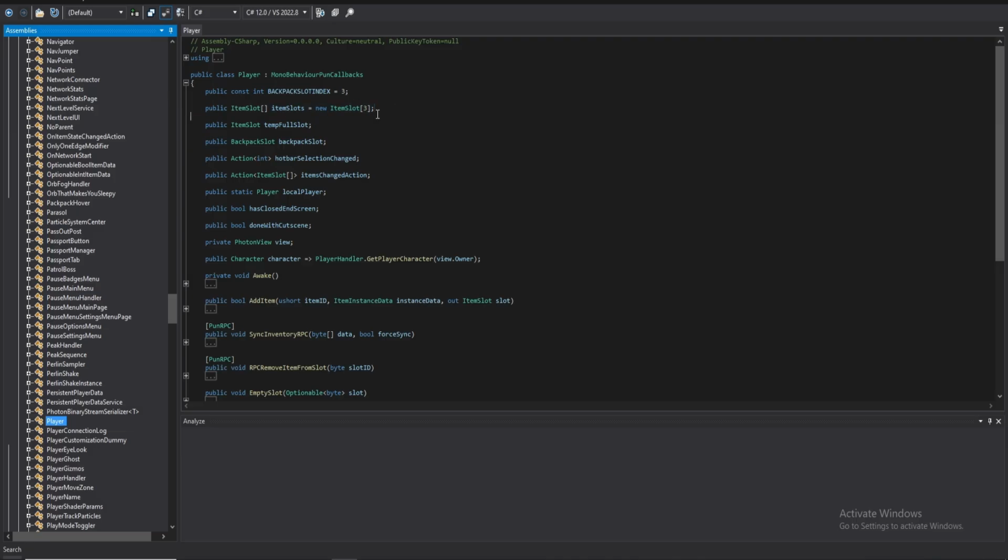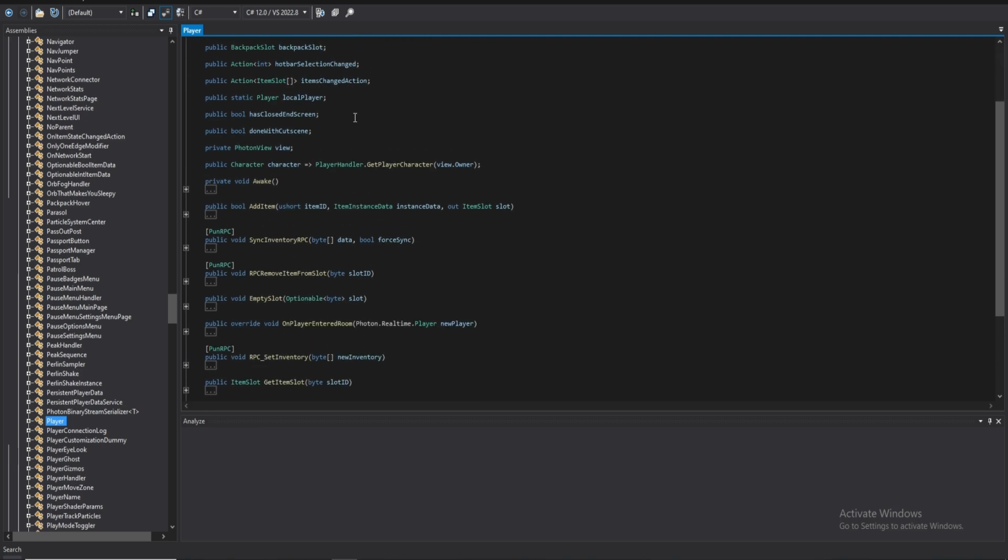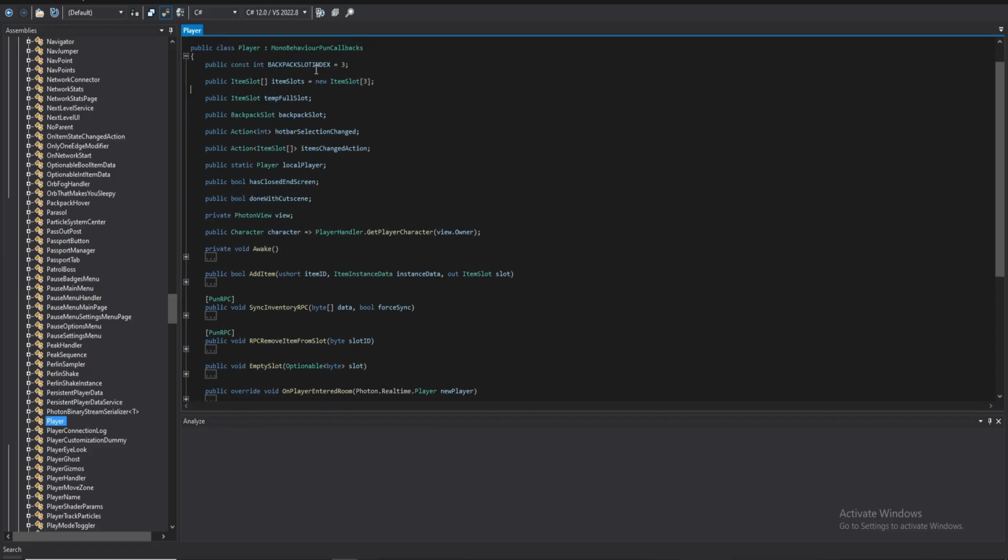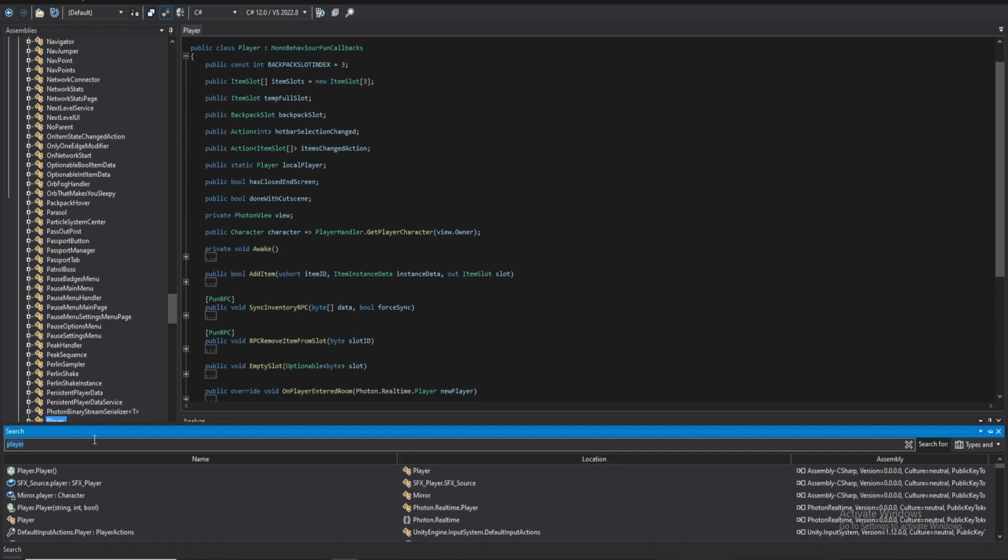Item slots, we could probably give ourselves, instead of 3, we could give ourselves 5 or 6 item slots. Let's see, what else could we modify? Maybe the jump, maybe something's called jump. So, actually,